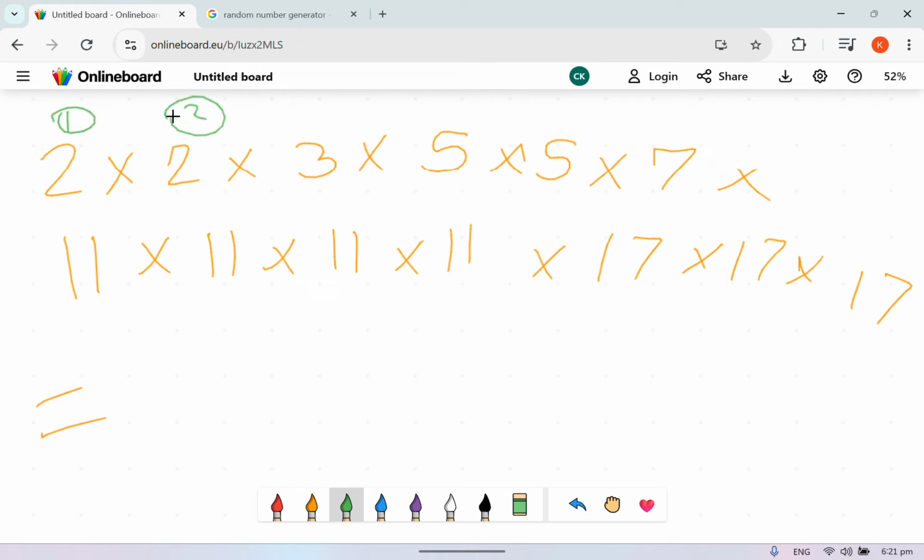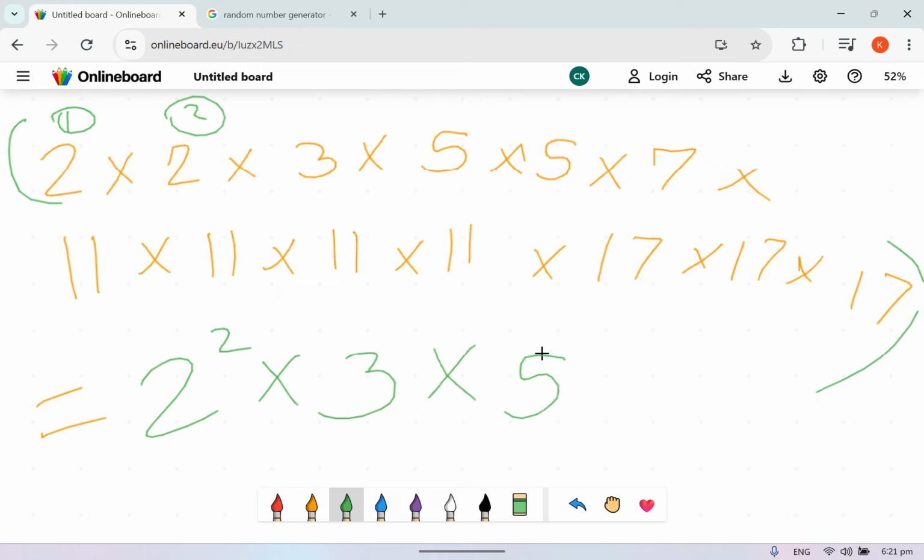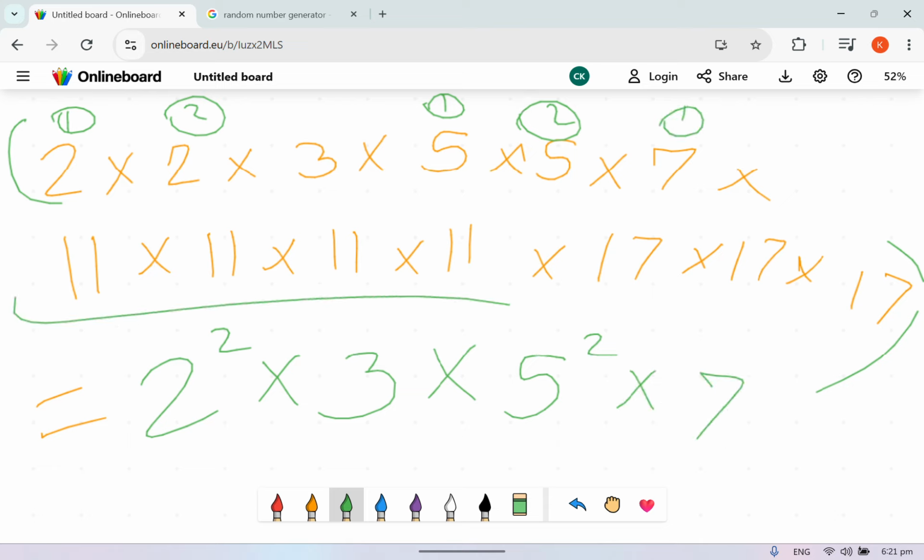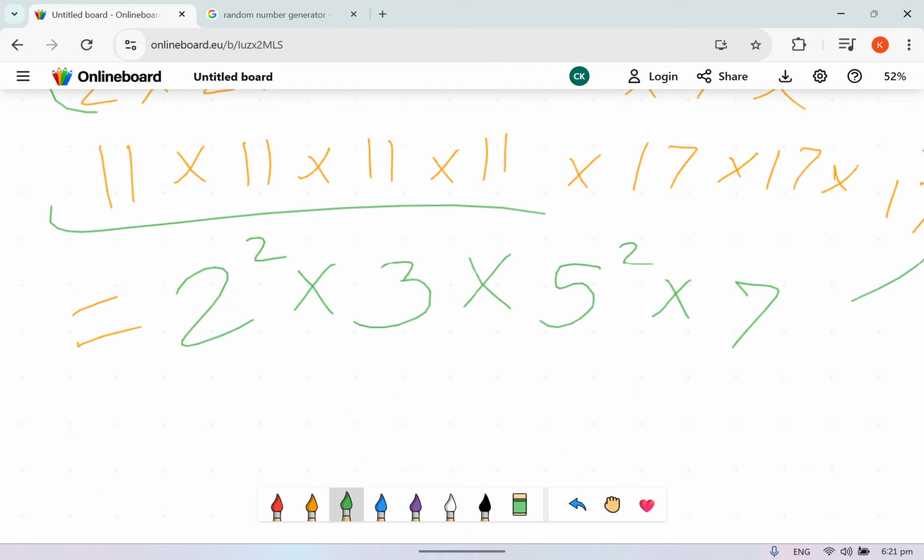Express it in index notation. After you finish prime factorizing it, you will get this. But you don't actually write it like this. You have to do what I'm trying to do right now. This is 1 time. This is a total of 4 times, so it's 11 to the power of 4. This is 3 times, so